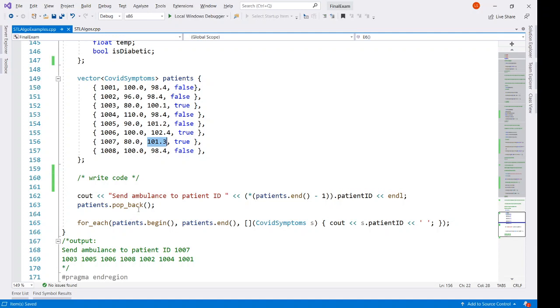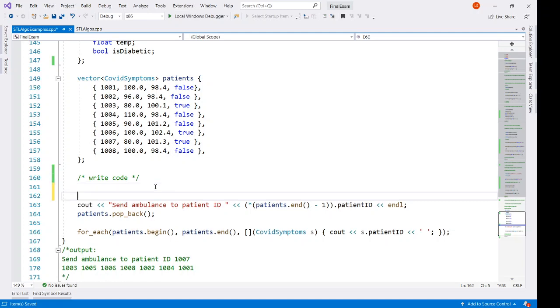So how we can do this, right? So we want to create a priority queue, and in STL algorithms we have heap data structure which can be used to do this priority queue based fetching of the data. So let's do that. Let's make heap out of this data. So make heap,